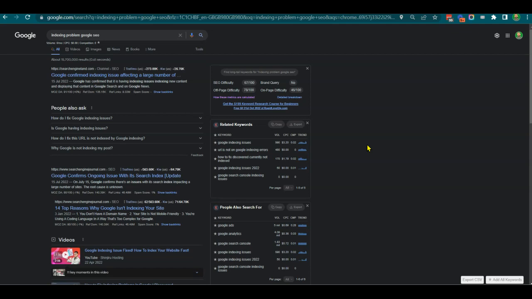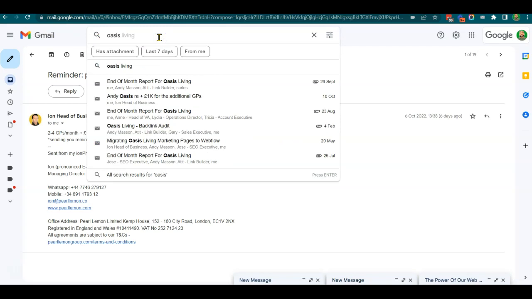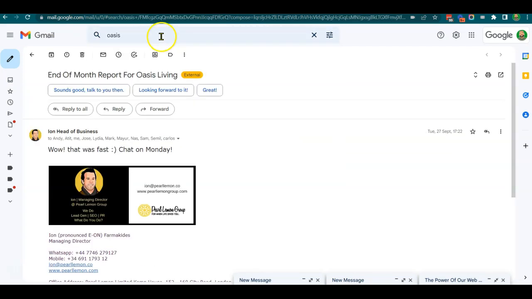Those Web 2.0 links can speed up the crawling, the indexation, and the recognition and therefore reward of your BBC mention by tactically pointing some Web 2.0 links at that actual URL. We've seen it, we've done it, and it works. And to that end, I'll show you an example of an Oasis Living report,